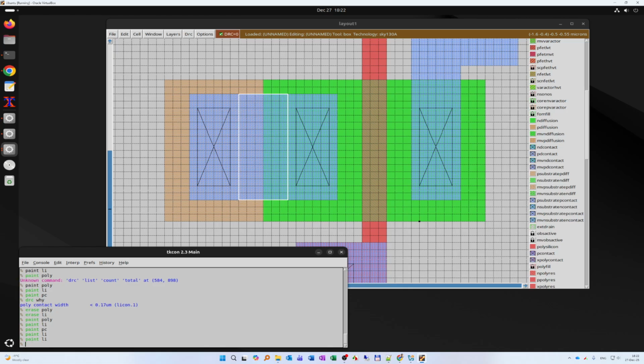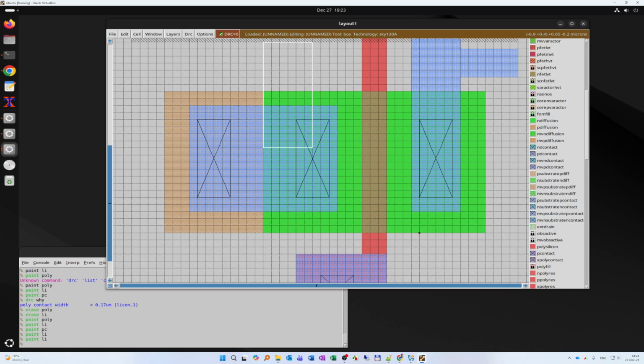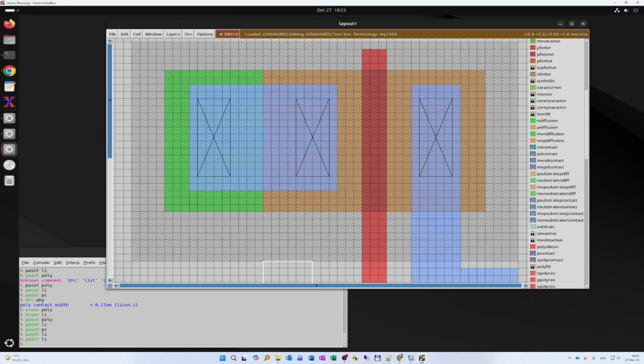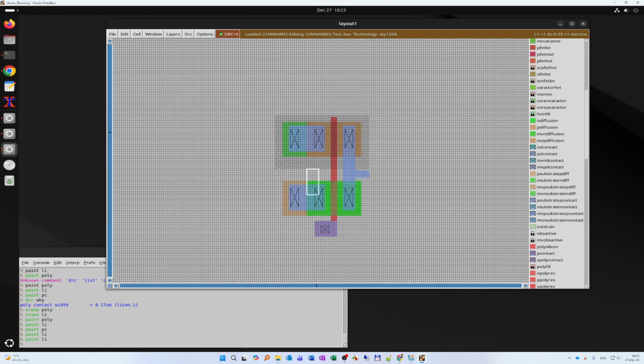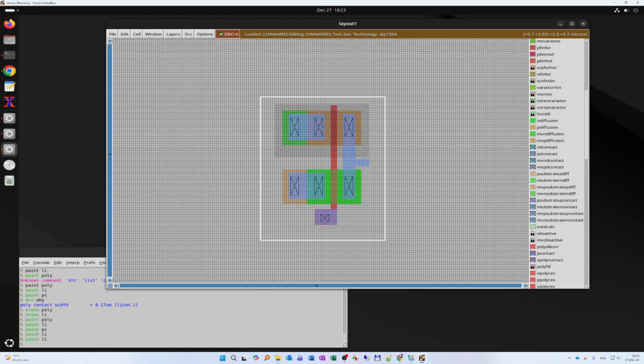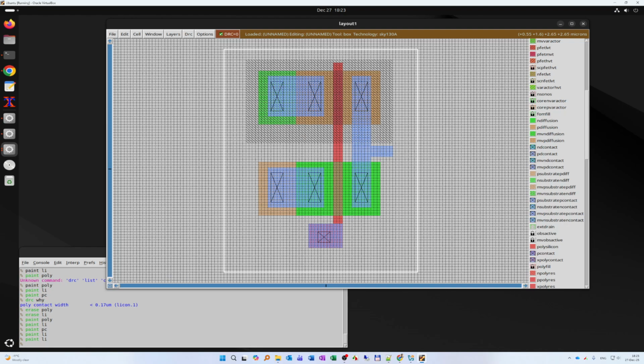Paint local interconnect. What you can do is cover this area, use metal 1 and then metal 1 contact with the local interconnect. For me, I'm just going to connect using the local interconnect. Okay, now if I press Shift Z to zoom out and then Control Z to the area, we can type